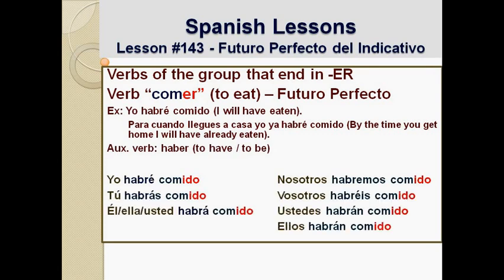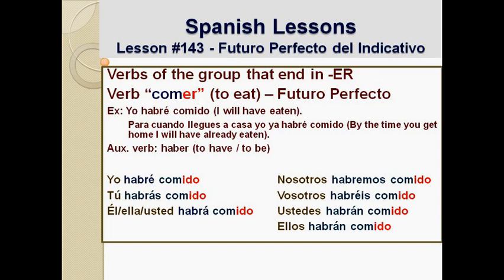So, yo habré comido. Tú habrás comido. Él or ella or usted habrá comido. Nosotros habremos comido. Vosotros habréis comido. Ustedes habrán comido. Ellos habrán comido. So you can see here how the ending of the verb comer, here it is comido, changes